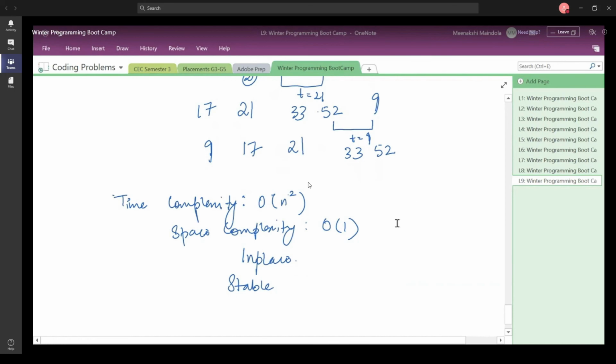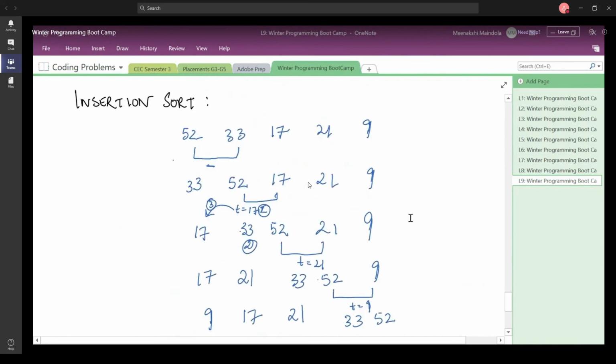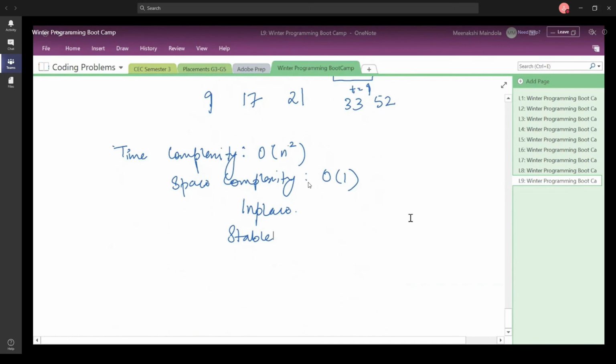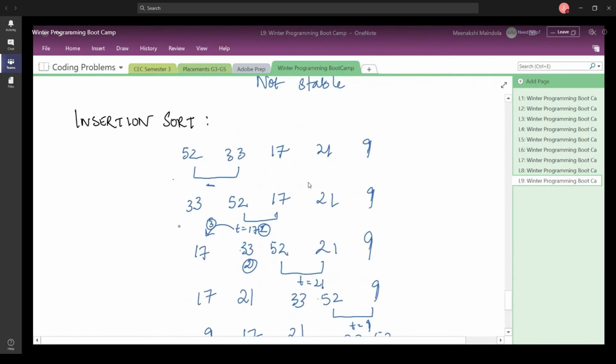Okay, so let us also write down the pseudocode. We say that first we are, let us consider certain variables. So if we say that I'm going to keep i here and I'm going to keep j here, and I'm going to, let us say, have a temporary variable t which is going to store 33, right? This is how it should happen, right? Temporary variable should store 33, then it should compare it with the previous element, right?